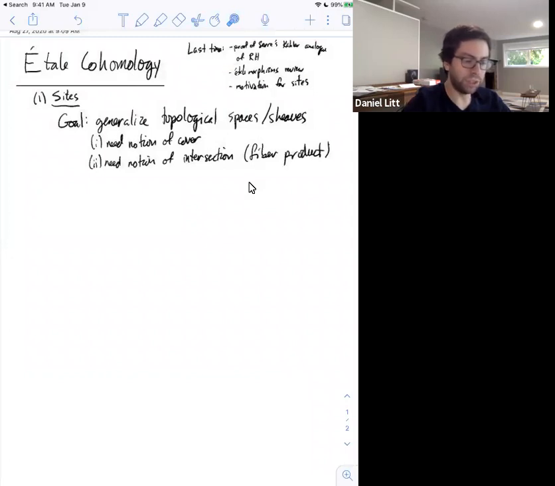We reviewed the definition of an Étale morphism, and we gave some motivation for what we're going to discuss today, which is the idea of a site, which was a generalization of a topological space, or at least of certain aspects of a topological space, namely the category of open sets on a topological space. The goal was to generalize topological spaces to less topological settings, namely categories, and to define sheaves